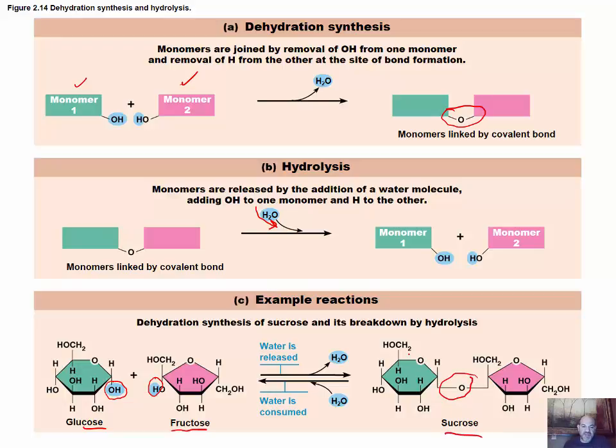And we can do the opposite. That was a dehydration synthesis. If we wanted to split them up, we would add water. So we'd add the water, and the water would help split the molecules, one molecule receiving OH and the other one receiving the H, or hydrogen. So we then have separate glucose and fructose. That would be a specific example of formation of a larger molecule by dehydration and the splitting